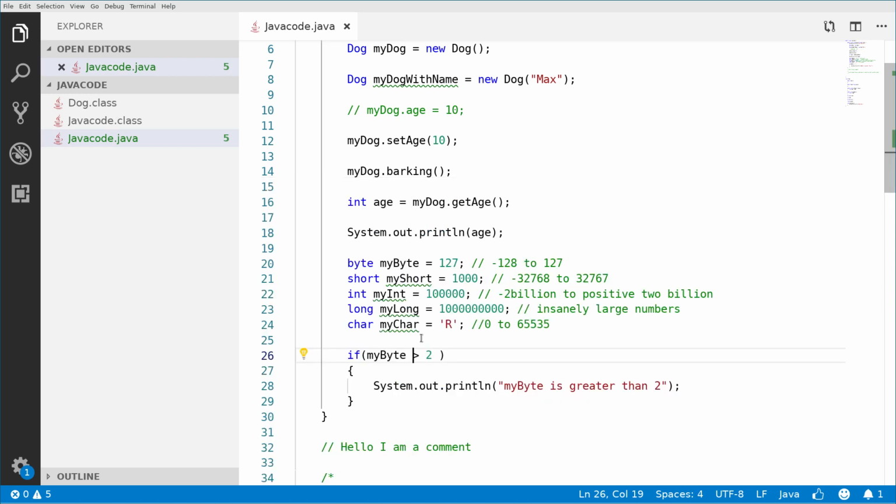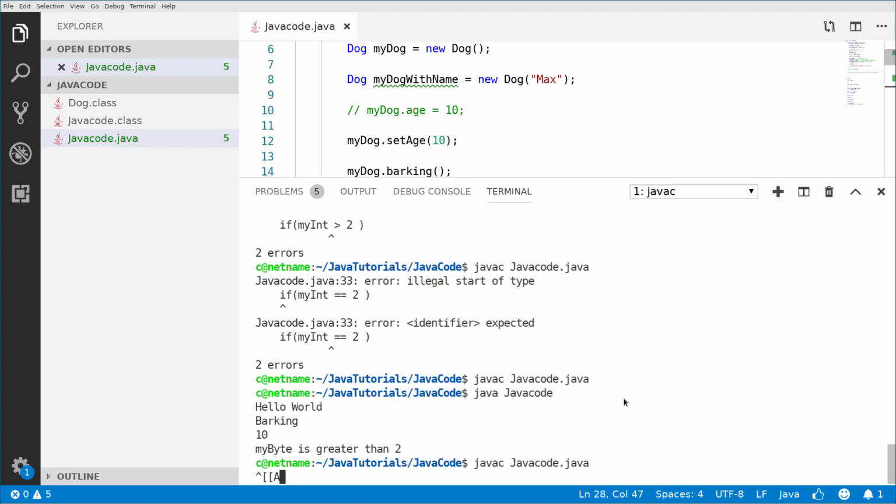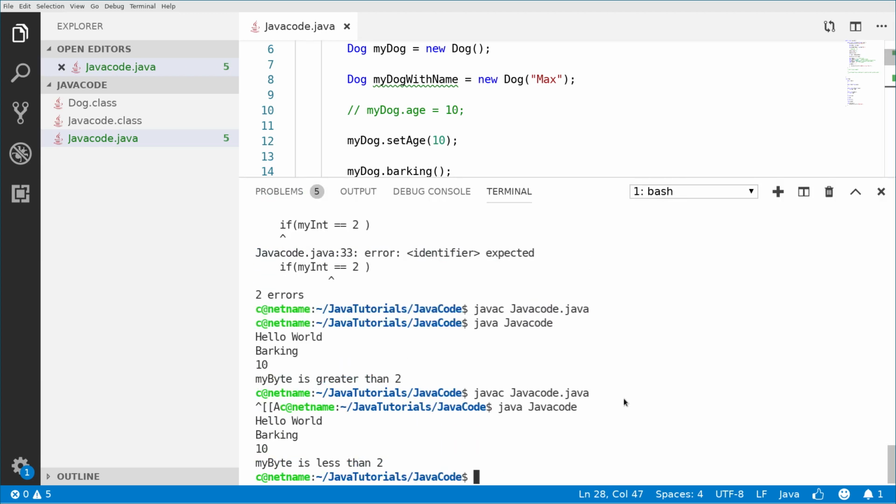So this we can set to greater than 2, we can set to smaller than 2, and for example, if we set this to 1, if my byte is set to 1, and I will say my byte is less than 2, okay? If I compile it and I run it, it says my byte is less than 2, okay?